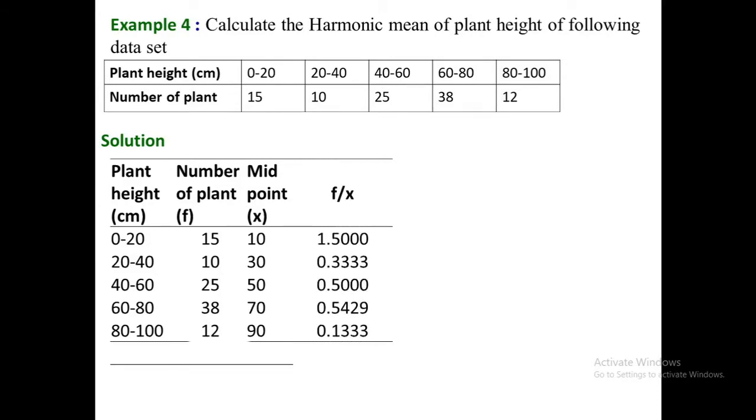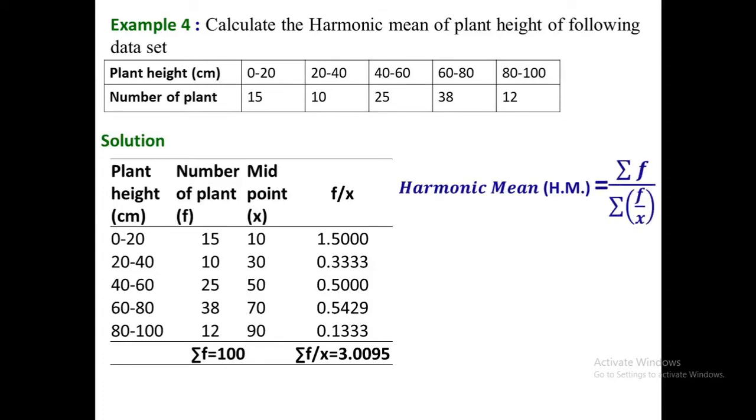Total number of plants in this example, summation f, is 100 and the summation f over x in this example is 3.0095. After putting both these values in the formula of harmonic mean, we can calculate that the harmonic mean for this data set is